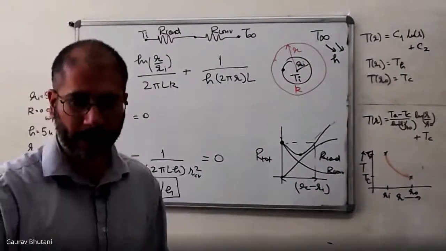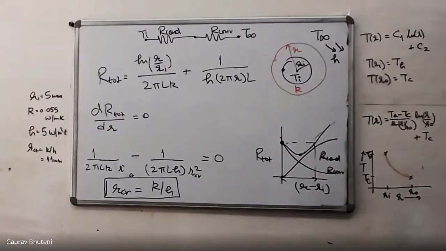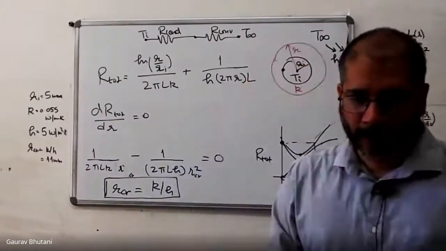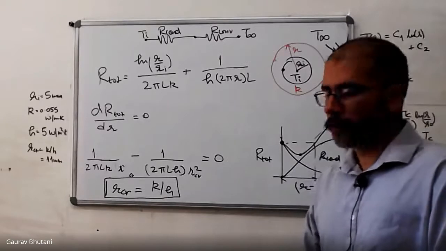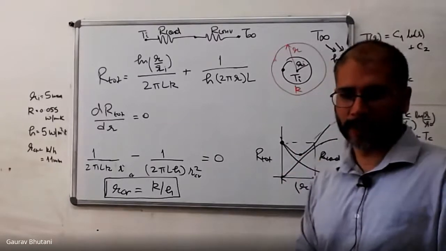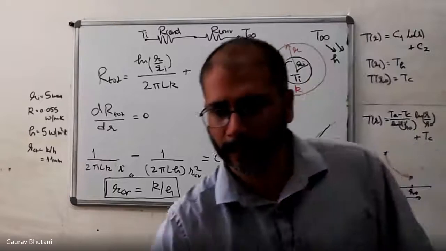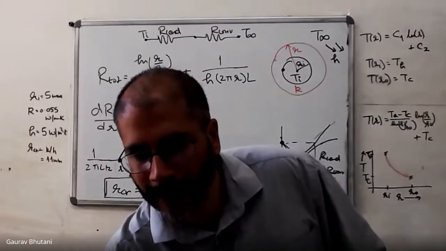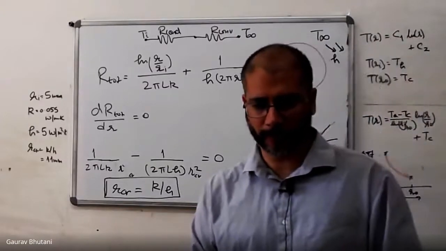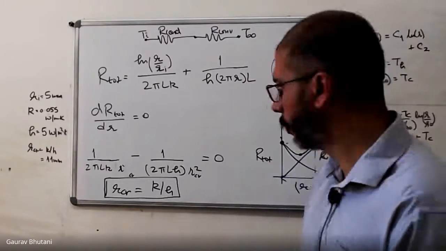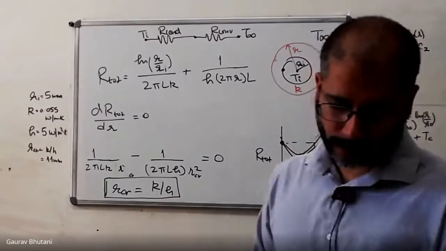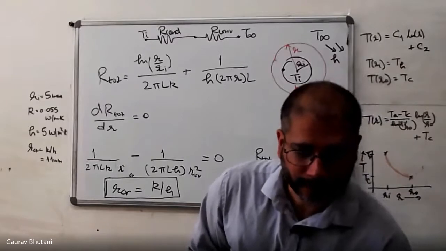So one has to be very careful when one decides on the thickness. And if the only thickness available to you is a maximum of, let's say, 6 millimeters, then I would not add anything, because if I was to add any thickness between 0 and 6 millimeters, I'm reducing my thermal resistance and hence increasing the rate of heat transfer. So I will not add any thickness if the insulation thickness available to me is 6 millimeters or below. In fact, even above 6 millimeters, until some point, you will see that your resistance is still below the initial starting value. Is that clear?